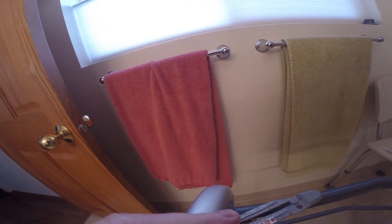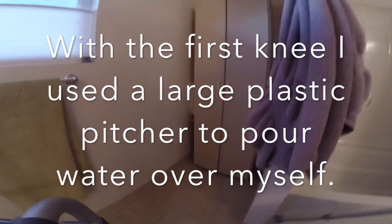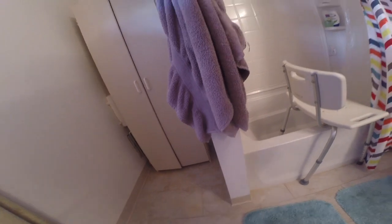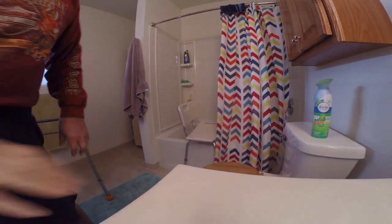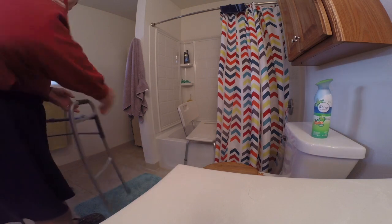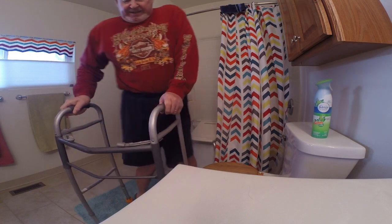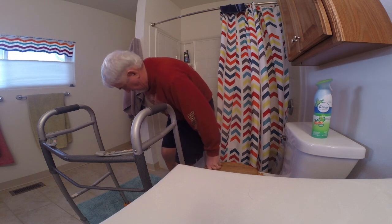As long as I've got something to support me, I can pretty much do everything myself. Sometimes juggling things around is a little bit difficult. But the shower stool sits in like that. I can sit down, I can turn around, I can do everything I got to do. As long as they have bath counters and everything to help support me, I do pretty well. But now, I'm not going to get in the shower. I'm not going to let you see that. But between everything I've got, I can...